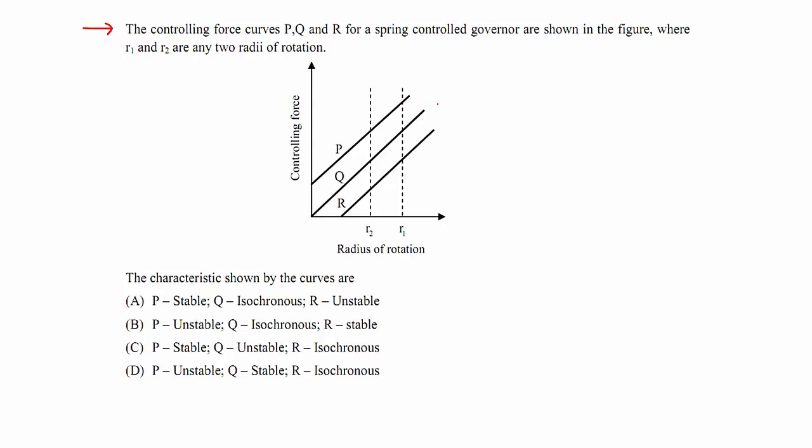So here, just by seeing this, this will be a line passing through the origin. So this will be F is equal to AR. This will be F is equal to AR, right? And similarly,